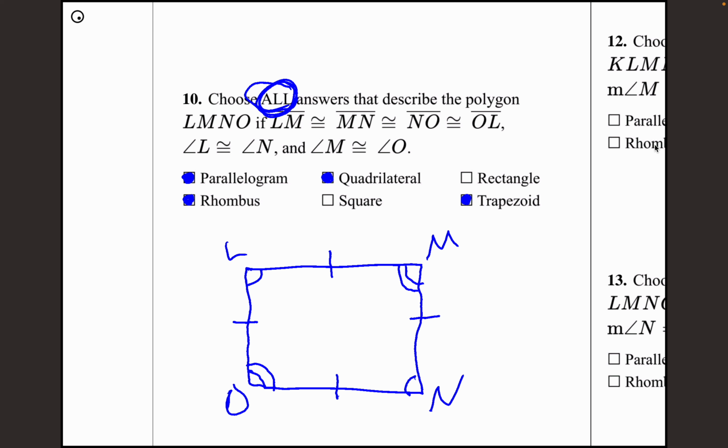How do I know if this is a parallelogram? Well, it doesn't tell us that there's any parallel sides, but if it's a rhombus, is that rhombus box inside of our parallelogram box? Yeah, so therefore it is also a parallelogram. Okay? That's the importance of the boxes. Now,